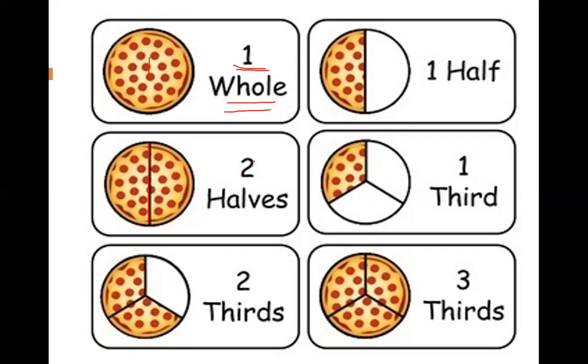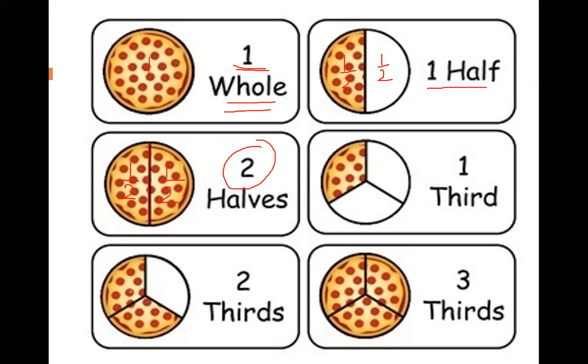So if it is divided into two equal halves, what does it mean? Each part is representing 1 by 2, two equal parts. It means the whole pizza has been divided into two equal parts, right? If I am cutting the pizza, it means that half part has gone and half part is left with me. So this is called one half. It means I have eaten half the part and half is with me now. The half part left is called one half. Each part is representing half. And if it has been taken away or eaten by someone, it is also representing one half.